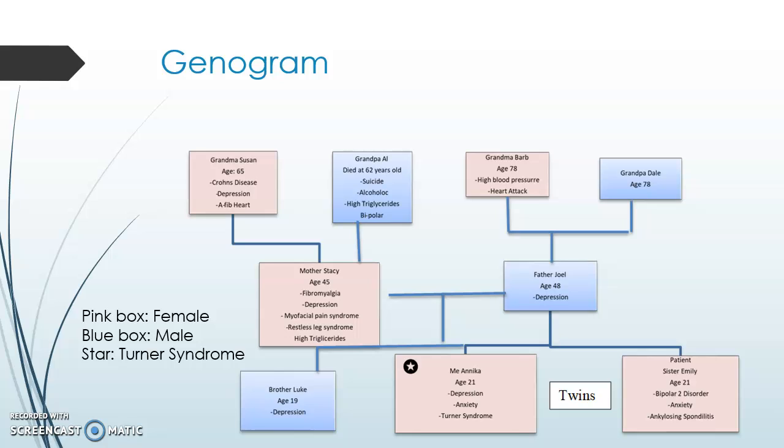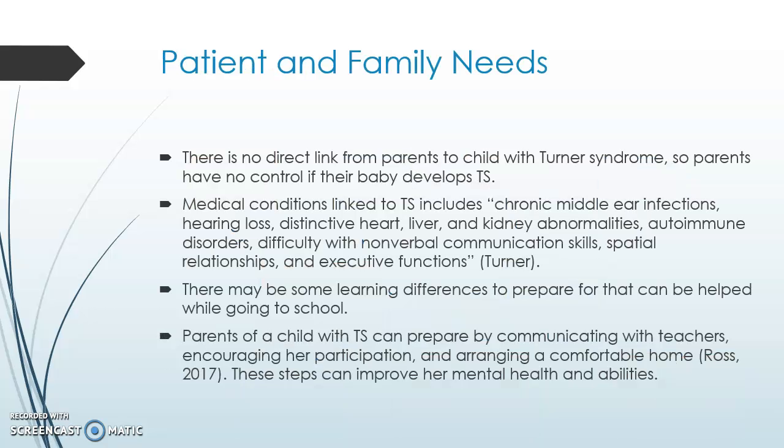Within this genogram, we can see that the females are pink and the males are blue. You can see that none of them have Turner syndrome except for Annika, the patient. This is because the link is not genetic. There is no direct link from parents to child with Turner syndrome, so parents have no control if their baby